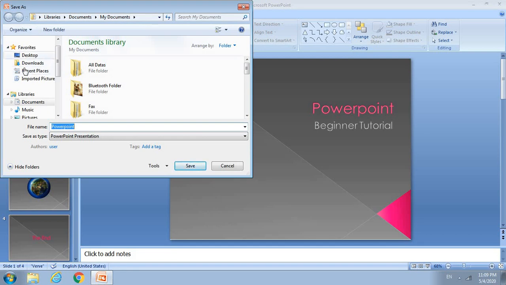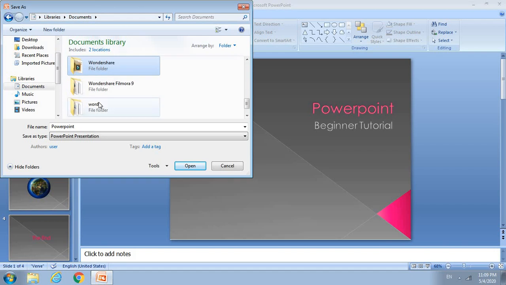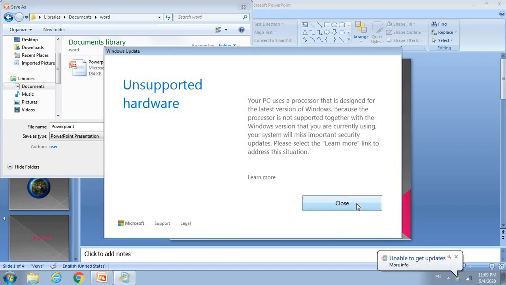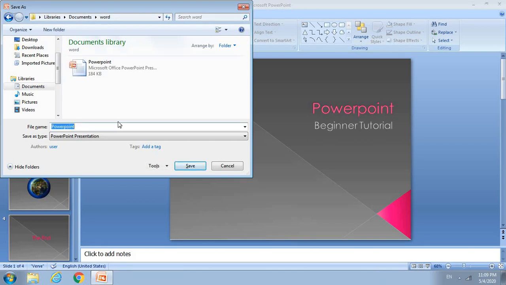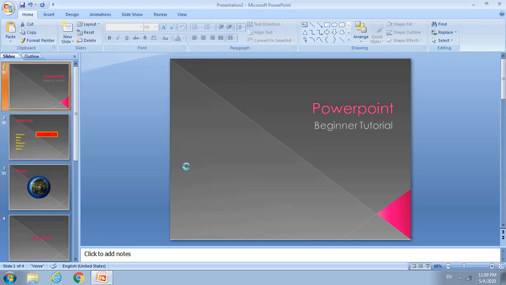It will show you your file manager. So you can choose any destination where you would like to save your file. Here I will choose documents, where I'm going to save my file. There's this folder called Word here, and like I was telling, you can rename it however you want. I'll rename it to PPT and then click save. Now it's done. Once you have saved your file, it's totally saved.